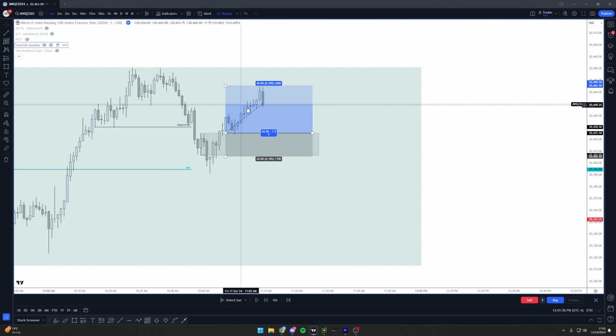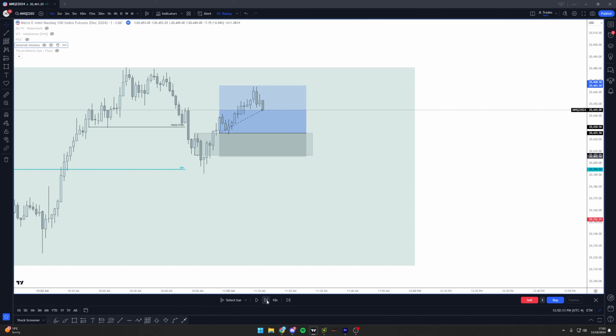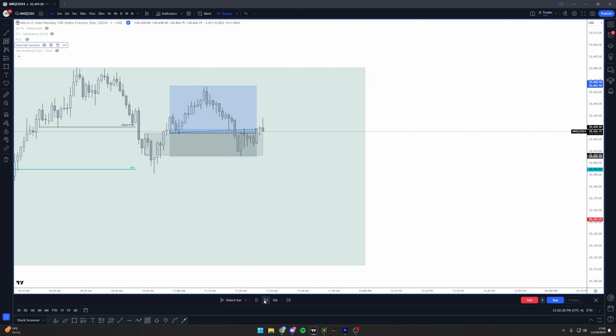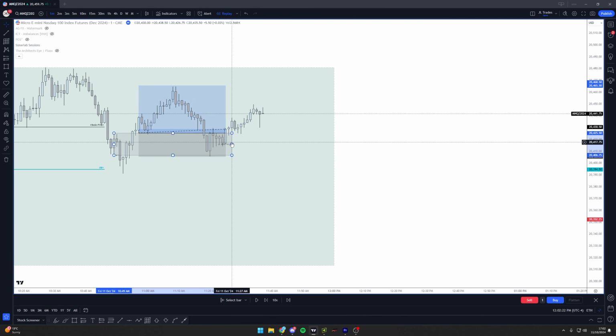You'll see later I did close early, just because I wanted to secure the profit, but also I misclicked on something that I didn't know what it did. I thought it was just to change my limit order of how many contracts to take off, but it actually ended up closing the trade. So that's my fault, but it is what it is, because price did end up coming back down, and I would have got stopped out or break even at least. So that's what happened. And then if we go forward a bit more,